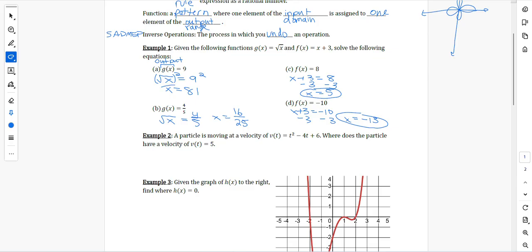So with each of these, we can be thinking about what am I doing to undo the operation that I'm seeing? This is the algebraic way of how you would do it. Now, let's think about it graphically. So, I have a particle moving at a velocity of v of t, which is t squared minus 4t plus 6. We're going to find where does the particle